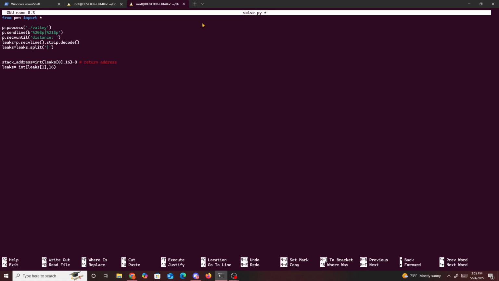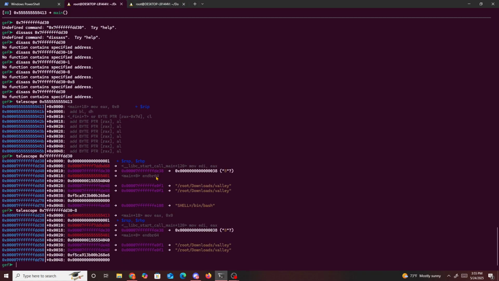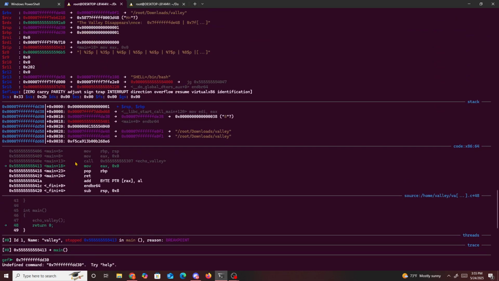Now what we want to do from here is do gdb leak. So our gdb leak is basically our value, this one right here, which is what we just got from gdb, because gdb is able to give us this value. So we want to get these 2 separate values right here, so I just copy this gdb